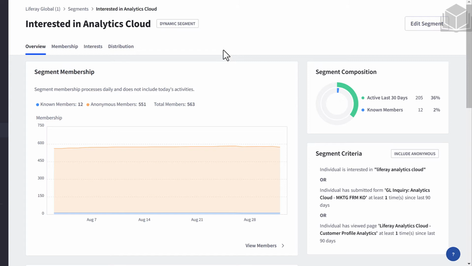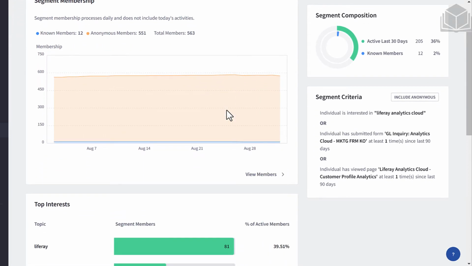The Overview tab's main area shows membership growth. As a marketer, you might want to generate more customer prospects in a specific industry. If you create a dynamic segment with that industry as criterion, you can view its membership histogram to monitor customer growth in that industry. The Overview also gives you a glimpse of the segment's criteria,